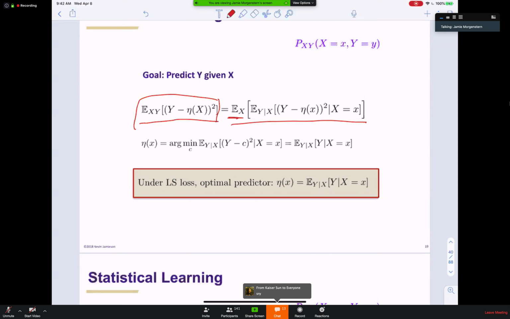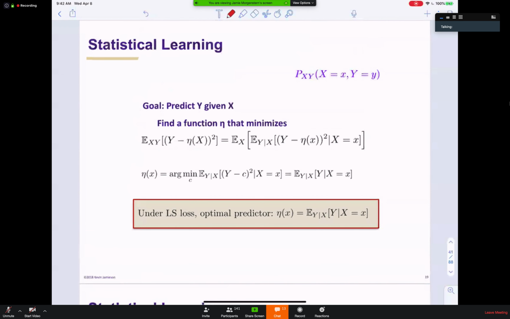Okay, so we're trying to minimize this quantity, right? And we know the right eta to minimize it. This was just the slide we had before. Okay. So, okay. So what we know is that